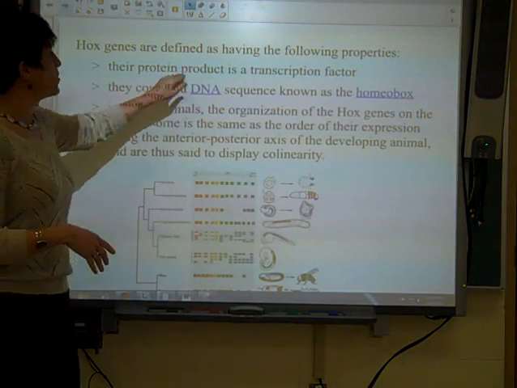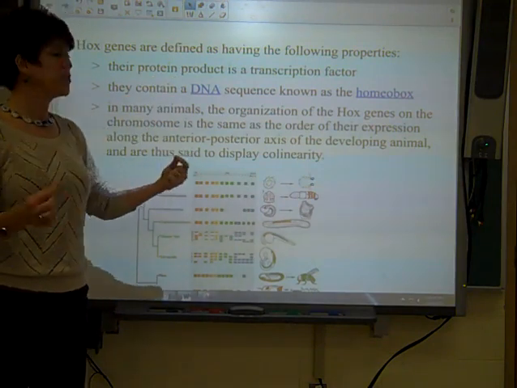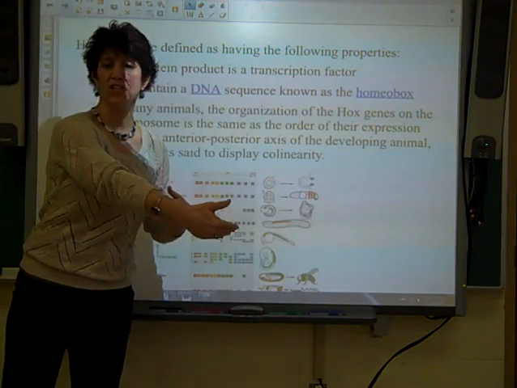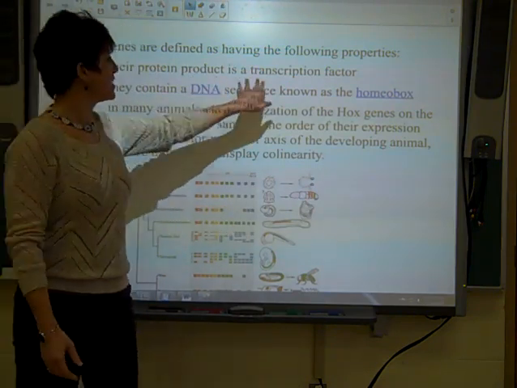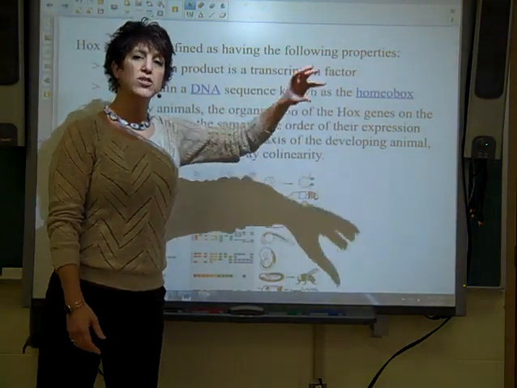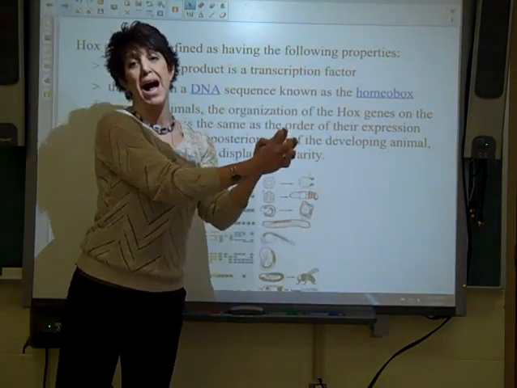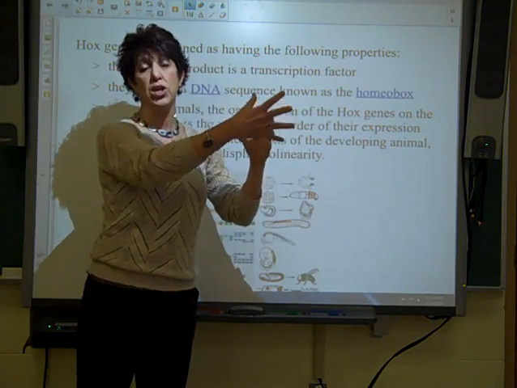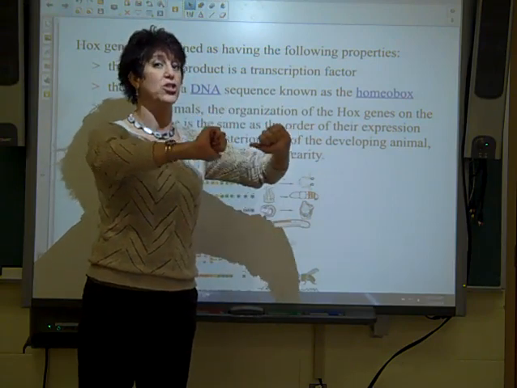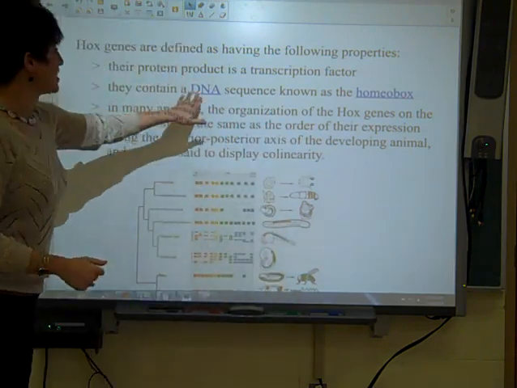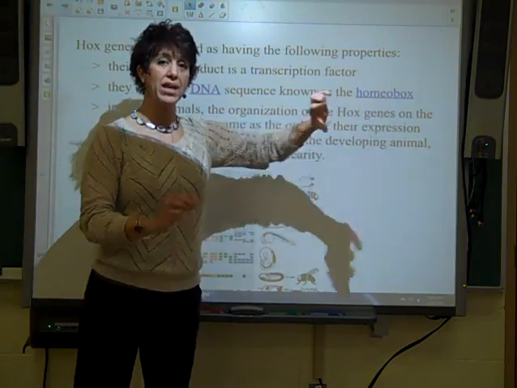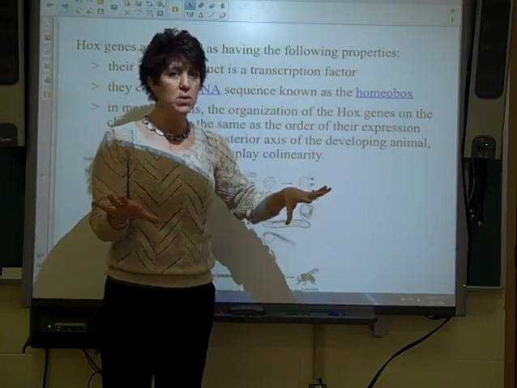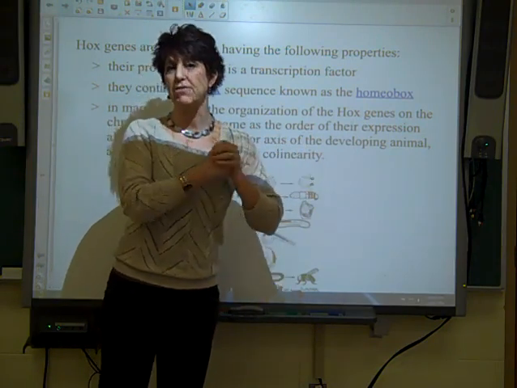And the protein that this DNA produces, so going through transcription, making RNA, going through translation at the ribosome, building a protein, the proteins that are made are transcription factors. So those transcription factors are what go and bind to another section of DNA, allowing RNA polymerase to work and transcribe it. So therefore, they are things that turn genes on. They contain a DNA sequence known as a homeobox. So there are certain homeoboxes that have been identified in multiple organisms that are really active in the beginning stages